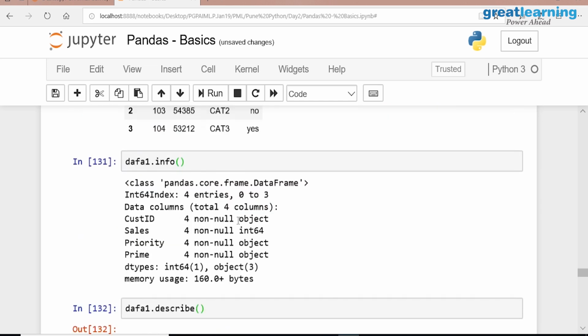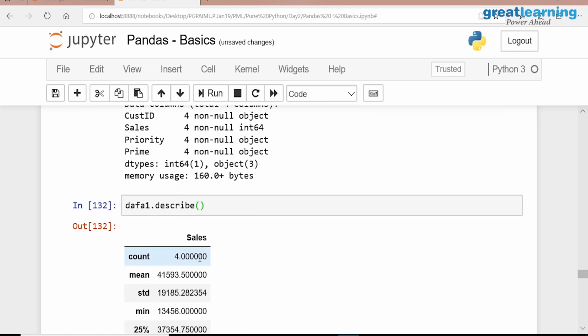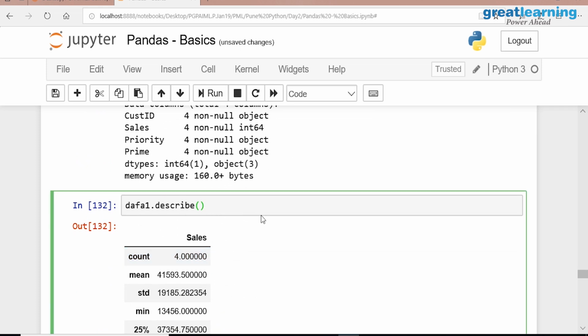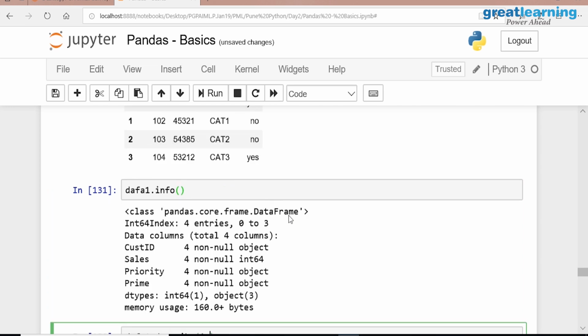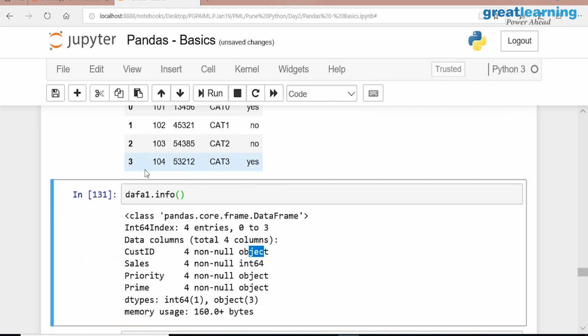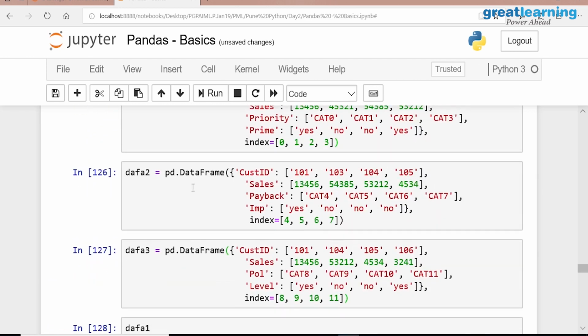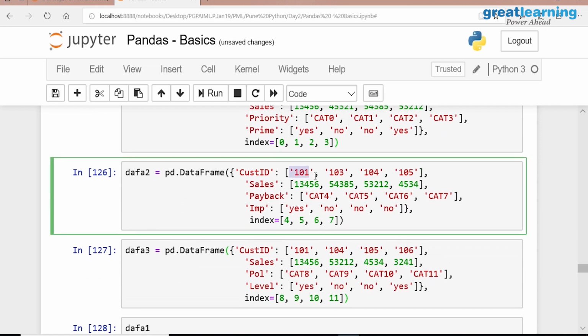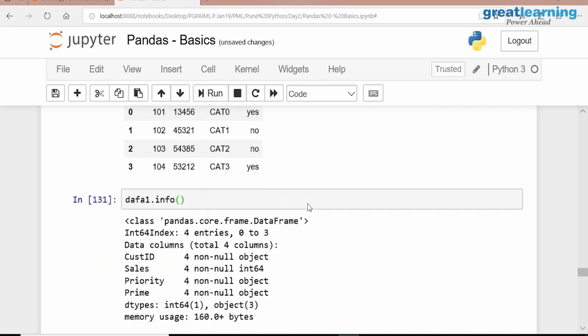I am only describing numeric data types. It has considered customer data as an object, because when I gave customer ID, I gave it as a string. Good question, right? Got it?